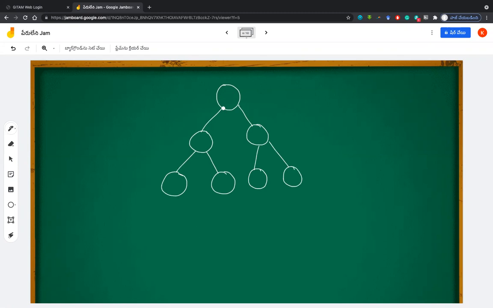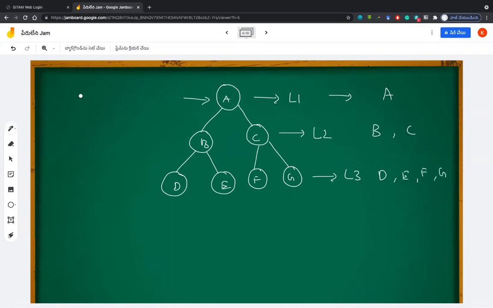So in these representations, for example, this is level 1, this is level 2, and this is level 3. Level order traversal means that we go to read each element in every level. So first, in the first level, I will print, for example, A, B, C, D, E, F, G. So I will read A, the next level is B, C, the next level is D, E, F, G.